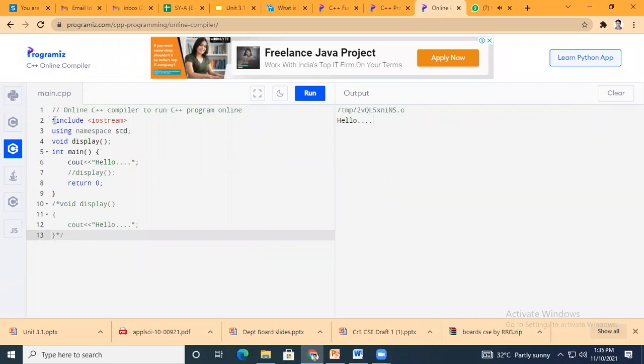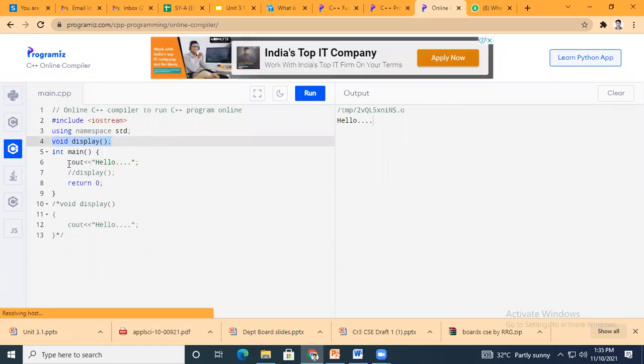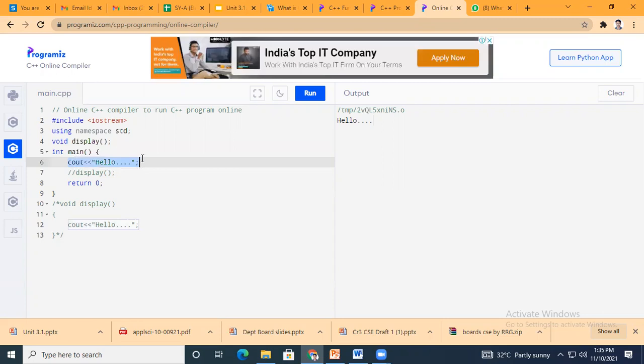You have declared the function, that is void display and semicolon. Okay, it's up to the declaration. Then in the main, you have kept the default statement as it is, cout hello. But you have not called the function, nor have you written the body of the function. So if you run the program, it will print the hello message which is there in the cout.